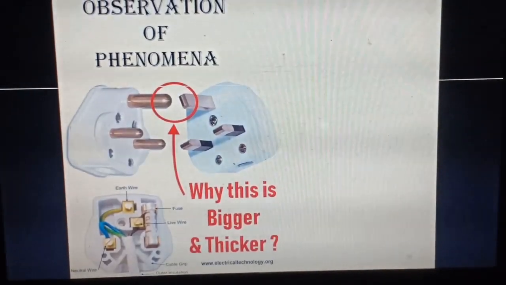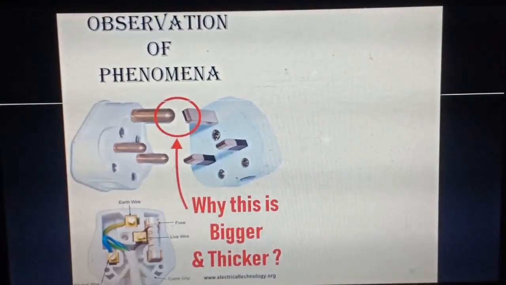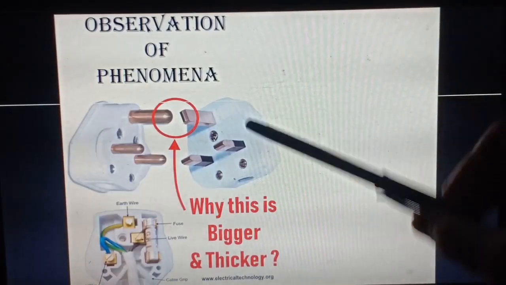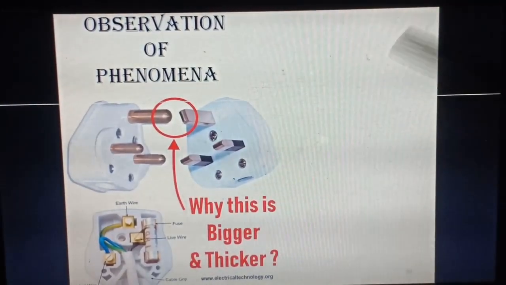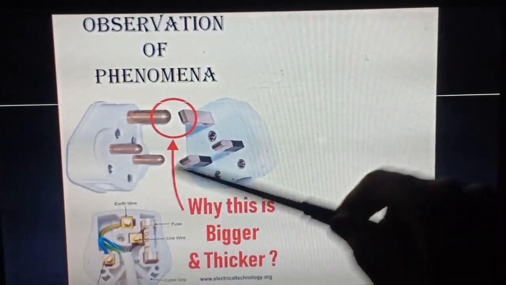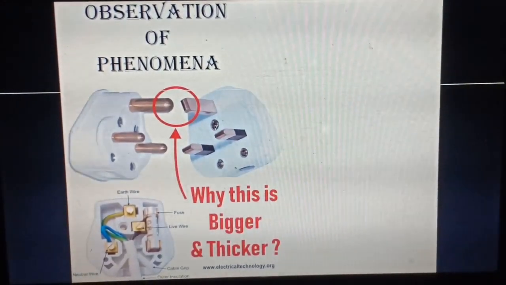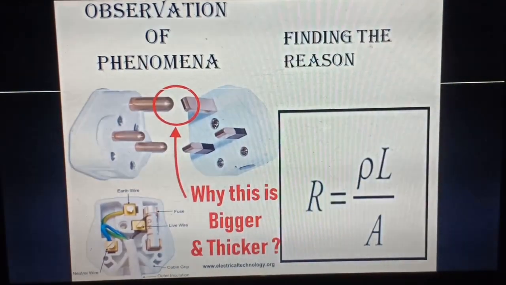Moving towards a very interesting observation, as in the last video also I have shown you a phenomenon. In a 3-pin plug used in our day-to-day life, one pin of a socket is bigger. What is the reason that one pin is bigger in a 3-pin? This is because